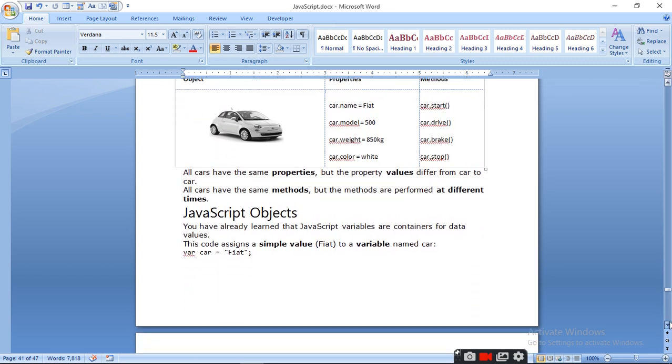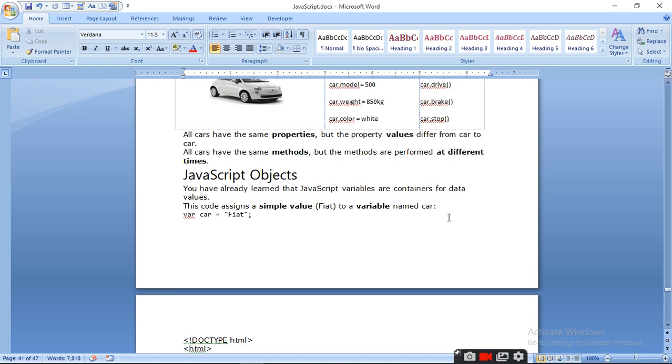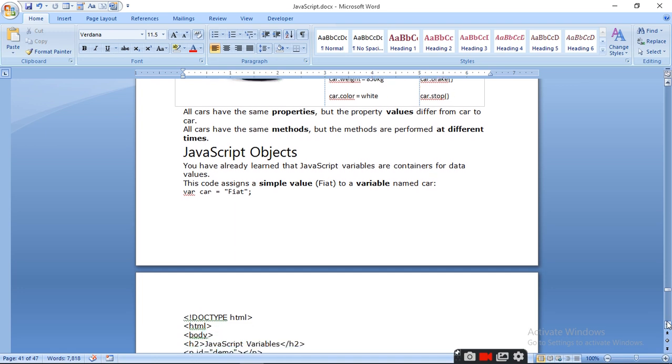All cars have the same properties, but the property values differ from car to car. All cars have the same methods, but methods are performed at different times. When you have to stop, when you have to run, when you have to brake, you don't know. You have to do it according to the requirement.